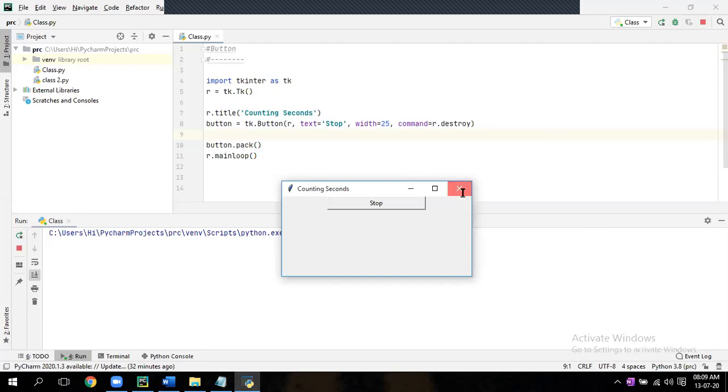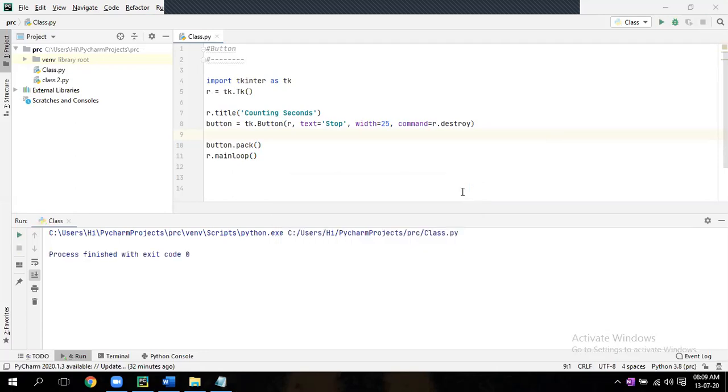Now after destroy, give a comma. Bg equal to, bg, B G, within quotes red. Run it.